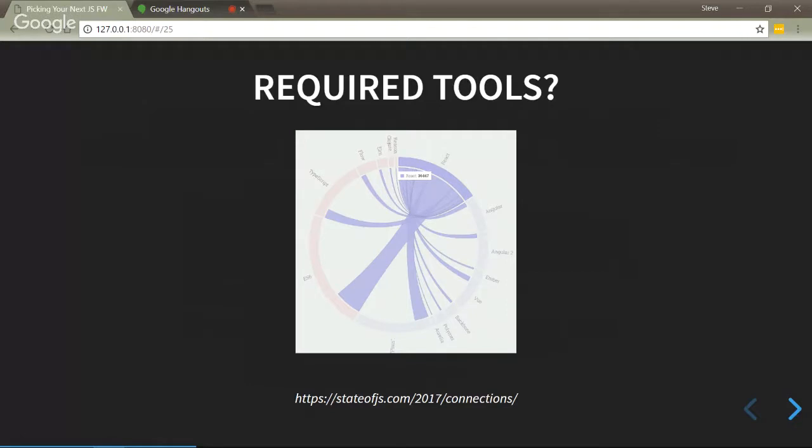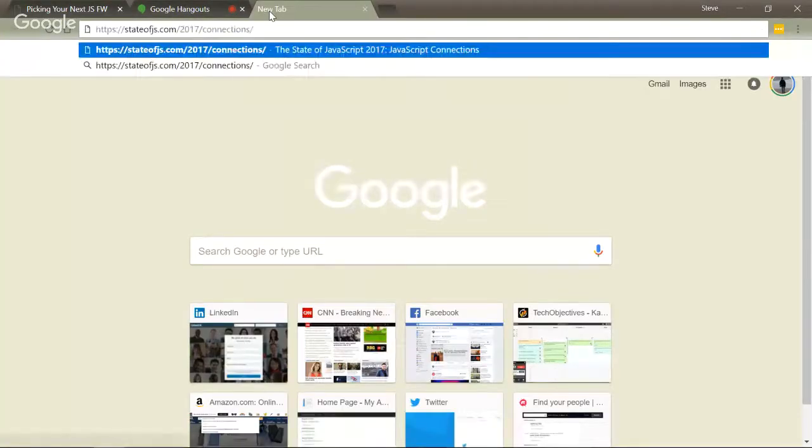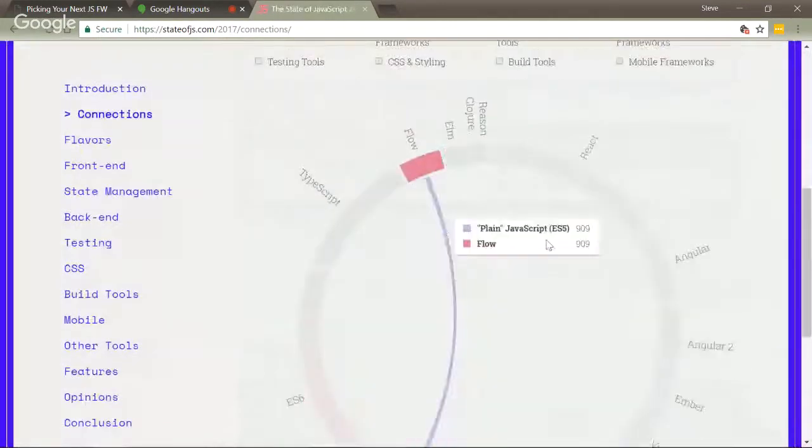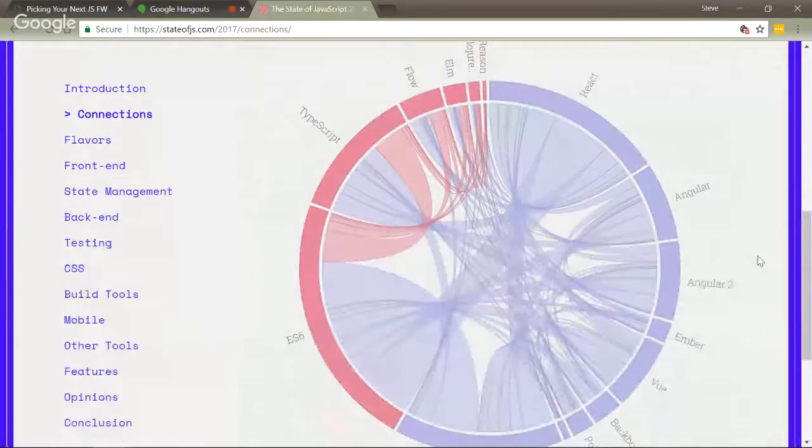What kind of tools do you use with your framework? And if you guys have not seen it before, let's see if my Wi-Fi is still working. I'm going to grab this. Unfortunately, I have a mix. Every piece of data that I was able to update, I updated with new statistics. Some of the reports I'm talking about here really came from the end of last year, beginning of this year,